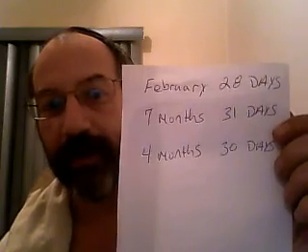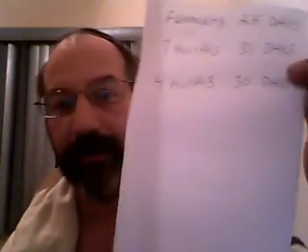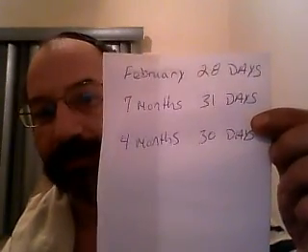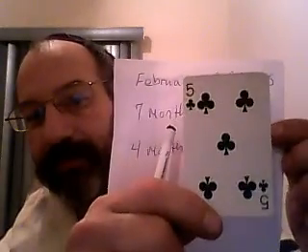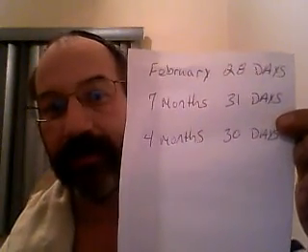Then we go to the 4 months, and if you look at the south on the card right here, there's 2 of them. Now since there's 4 elements, you have 4 months that you add those 2 south images on the club. In the 4 months, there you got 30 days. So that's how we get the number of days in the months we have. Now, the month of February is a perfect month, and I call it the month of blackjack,